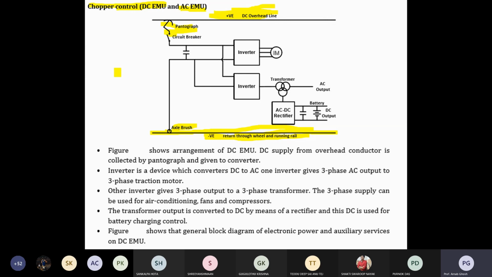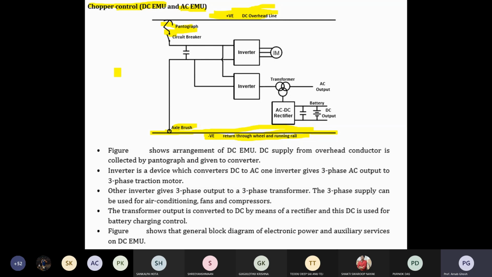25,000 volt, but in Calcutta metro they are using 750 volt, and it's a DC. Calcutta metro is working on DC. Delhi metro is working on AC. Okay, so in the DC case, a DC motor is there. For variable DC to the traction motor, which drive do you need to use?